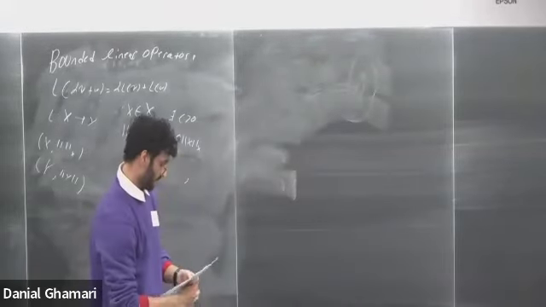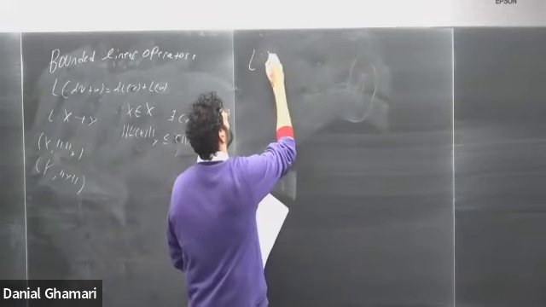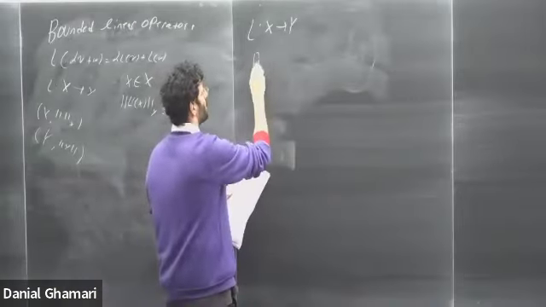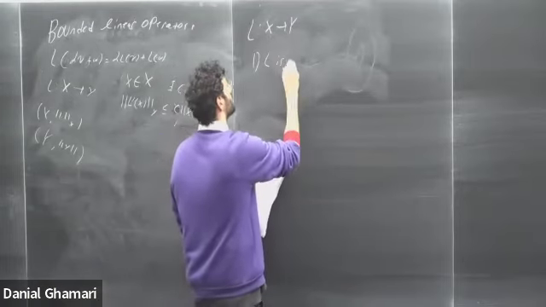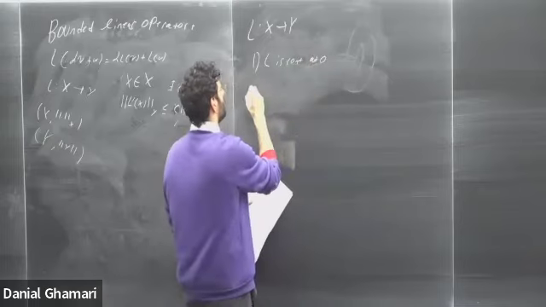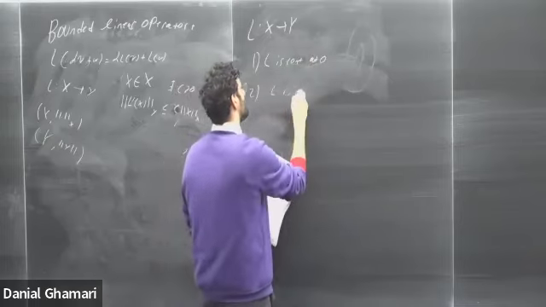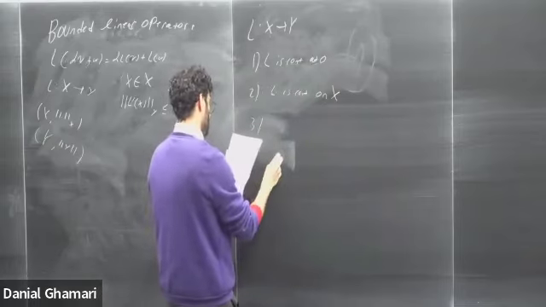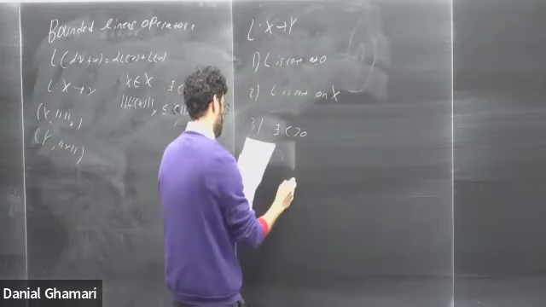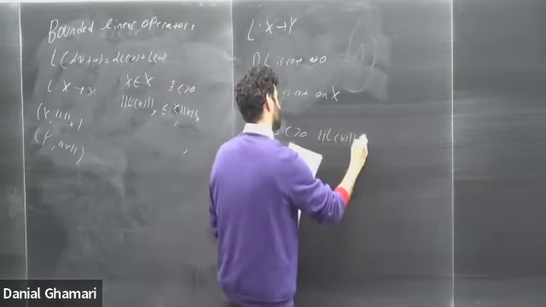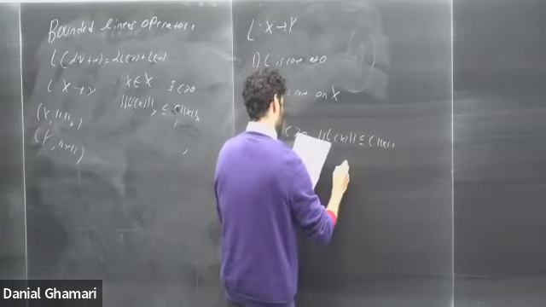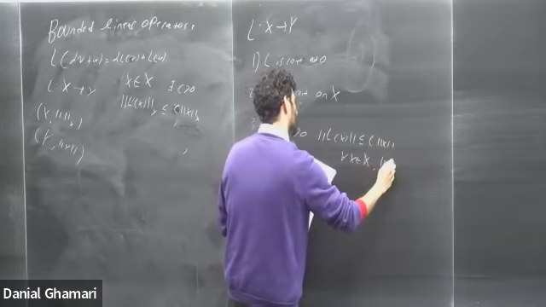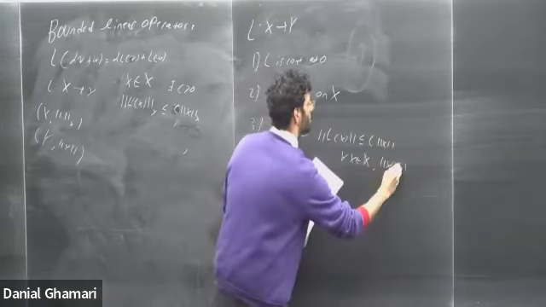And this will give us a proposition. So let's say we have L from the normed linear space X to Y, with a norm in X and a norm in Y. Then the following are equivalent. 1, L is continuous at 0. 2, L is continuous on all of X. 3, there exists some C greater than 0 such that the norm of L of x is less than or equal to C times the norm of x, for all x in X with the norm of x less than or equal to 1.